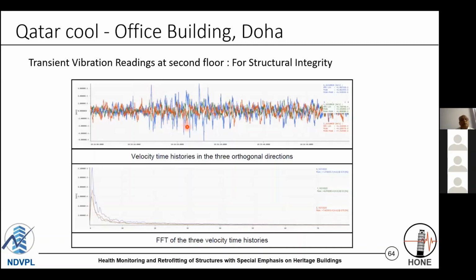Then we started the second lot of the cooling towers. Again, it went into transient vibration, and again the steady state was achieved. So the transient vibrations were more critical for this structure compared to the steady state vibration. When the cooling tower was started or stopped, the vibration noticed was much higher.